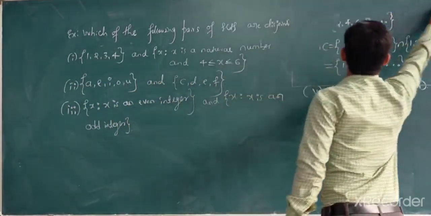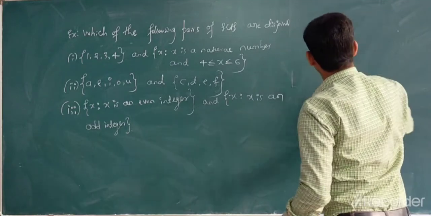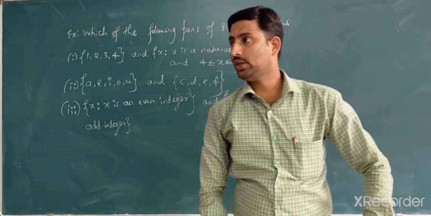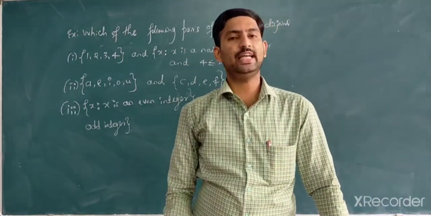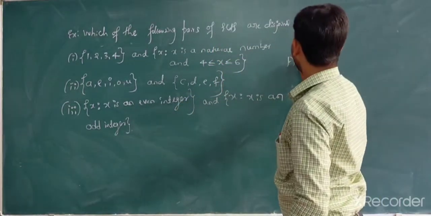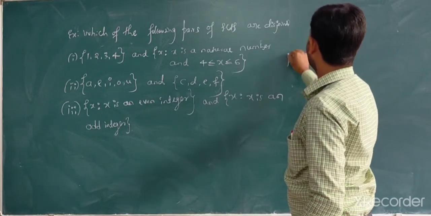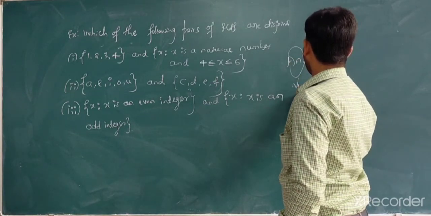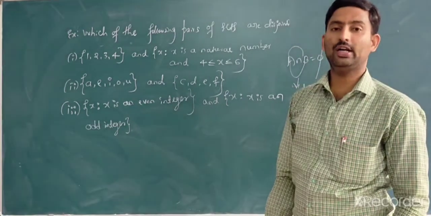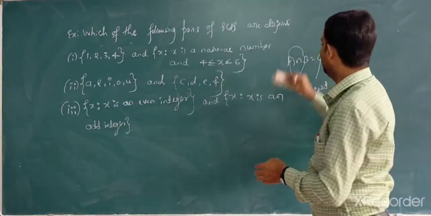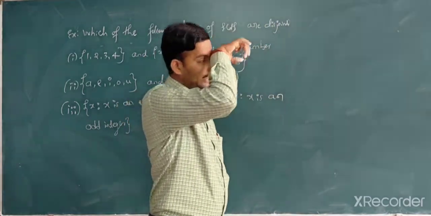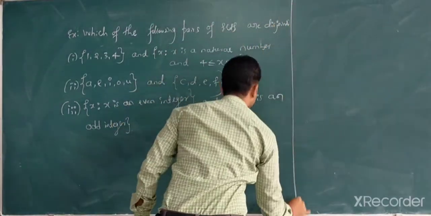The students are given some sets, and you have to check whether they are disjoint sets or not. According to the definition of disjoint sets, two sets A and B are said to be disjoint if their intersection is empty. If A intersection B is equal to empty, we say that the two sets A and B are disjoint. They are not joint sets, they are disjoint sets. With the help of this definition, we will draw the conclusion about these three sets. They are not given direct names, so our job is to write the naming first.